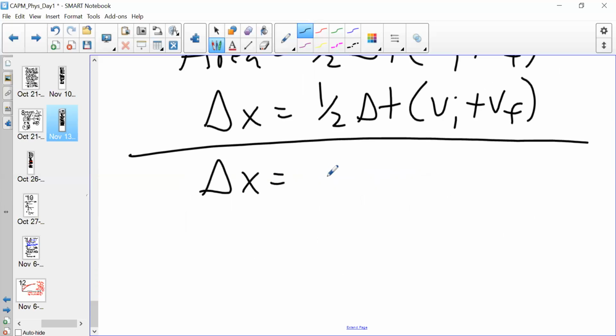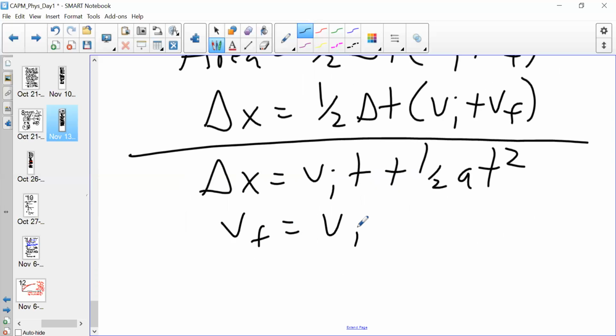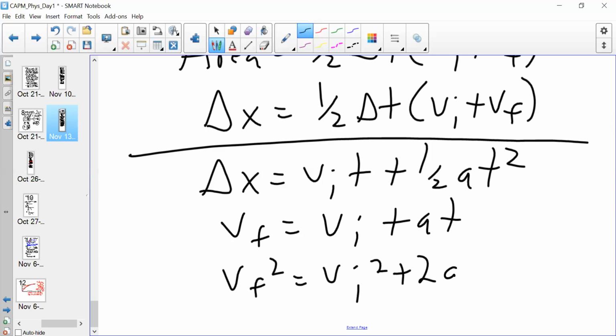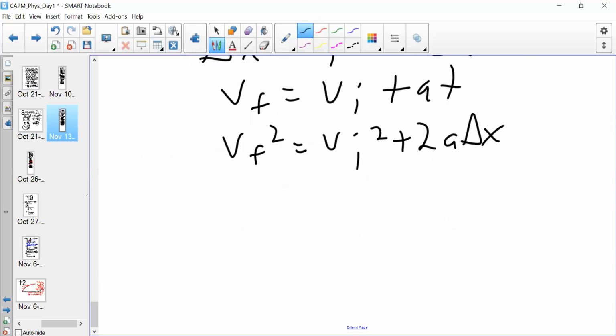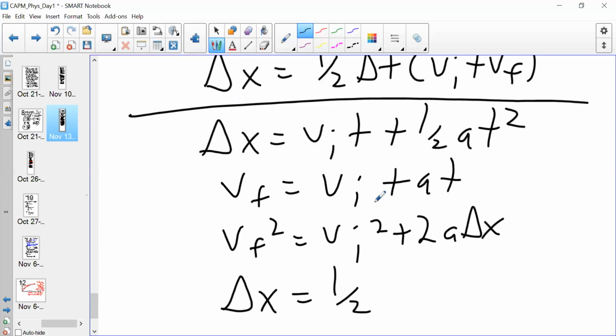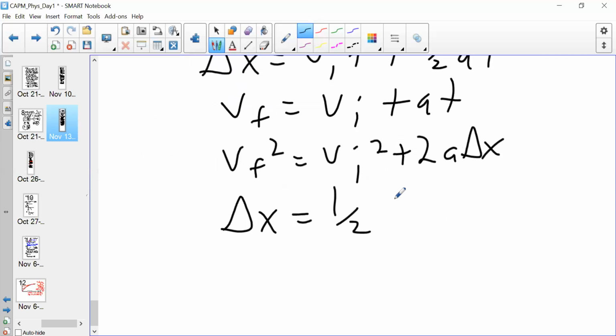Delta x equals vi t plus 1/2 a t squared. Vf equals vi plus a t. Vf squared equals vi squared plus 2a delta x. This guy is a doozy to derive. I won't even do that here. And I'm going to rearrange the above equation to make it neater. So delta x is going to be 1/2 (vi plus vf) times delta t. Now let's